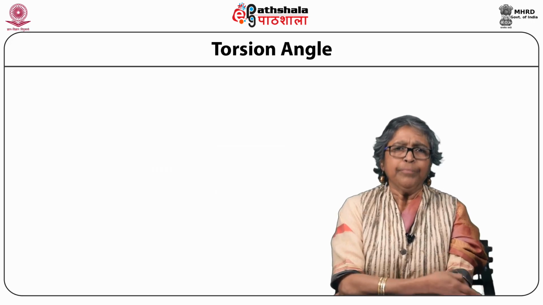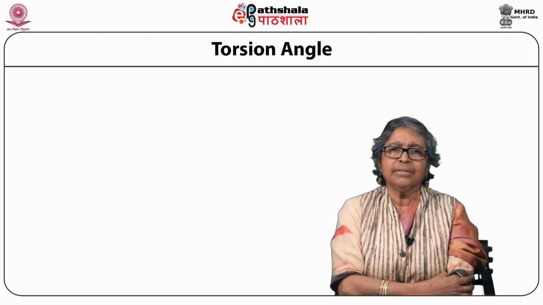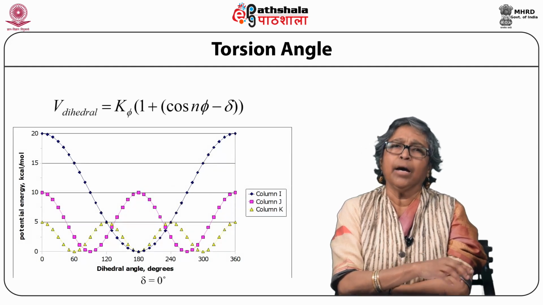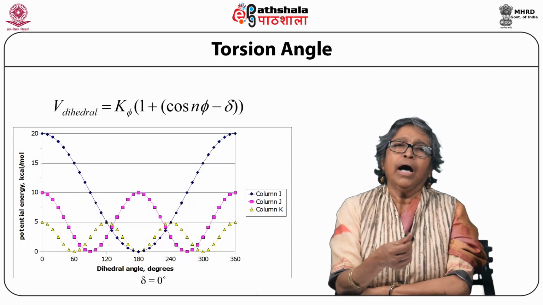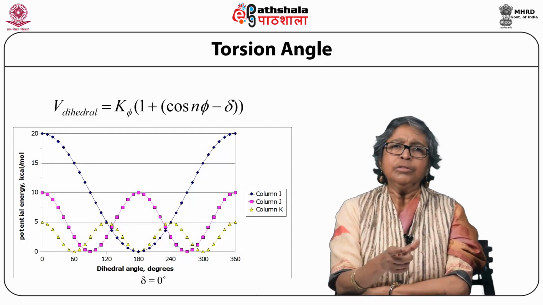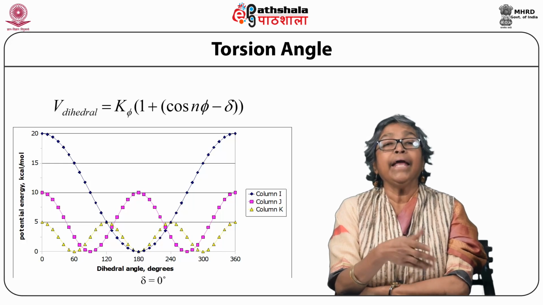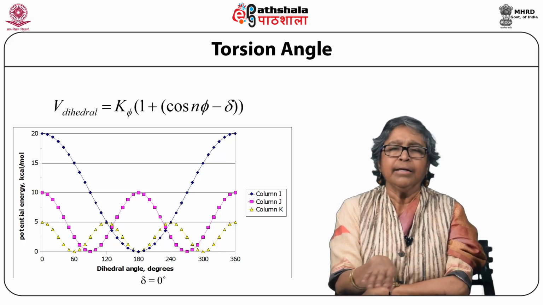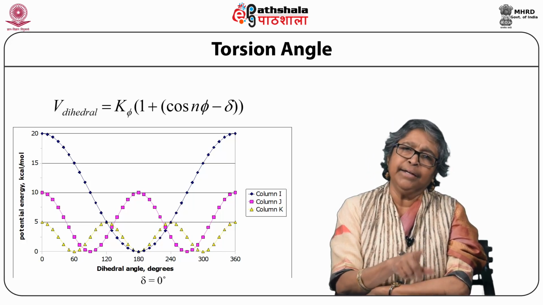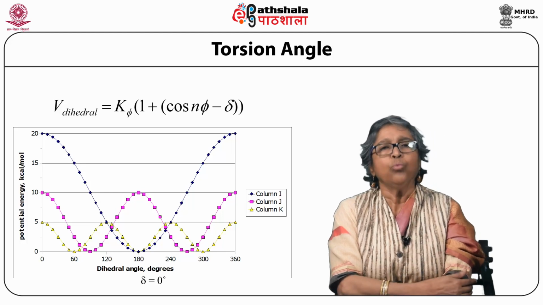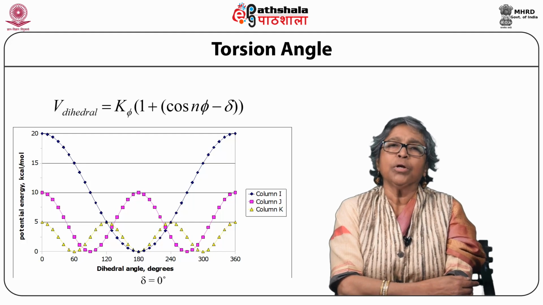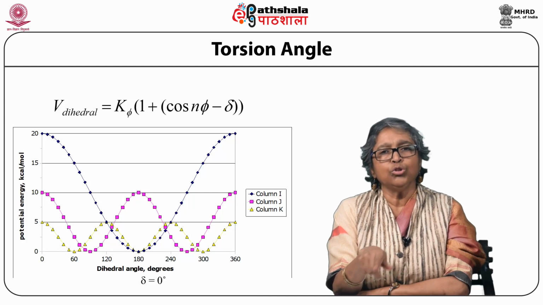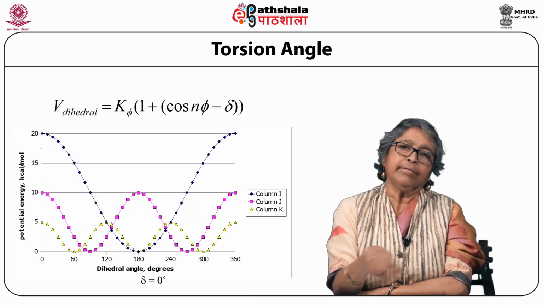As I have shown you in the previous slide, which depicted how torsional rotation can happen in a molecule having sp3 hybridized bonds, I am now showing you how their energy function will vary with respect to the torsion angle, that is phi, on the x-axis, and the potential energy function shown on the y-axis. There are 3 plots, each showing variation with n equal to 1, n equal to 2, and n equal to 3, as i, j, k refer.